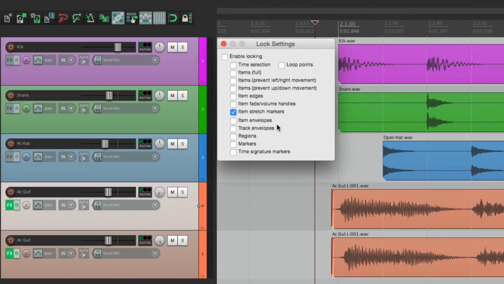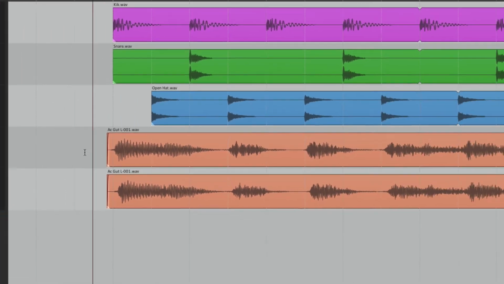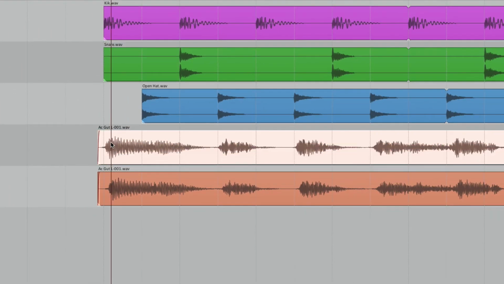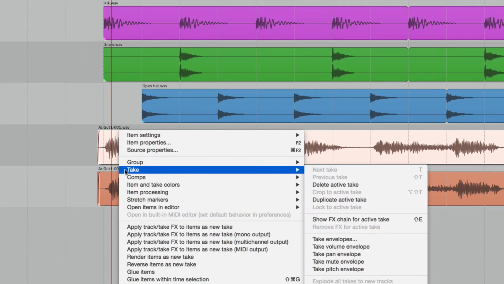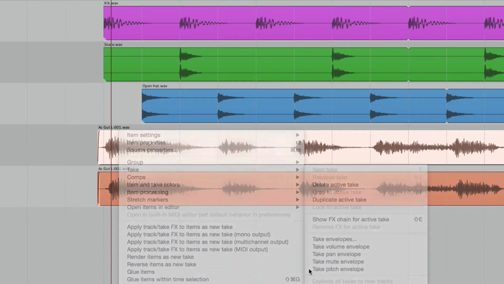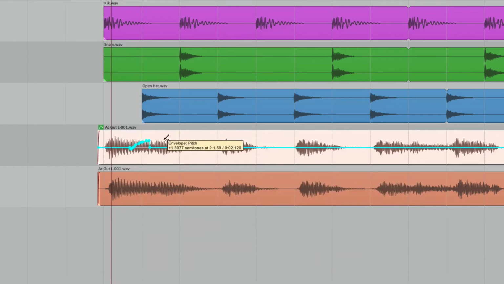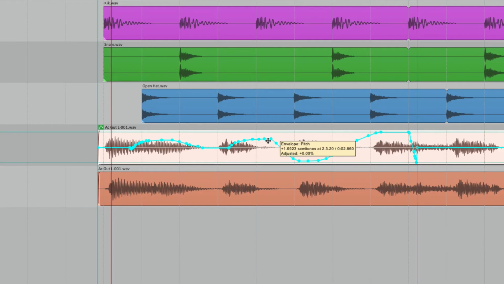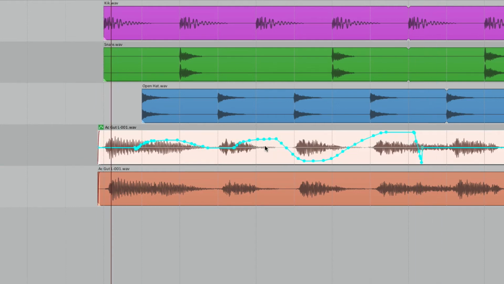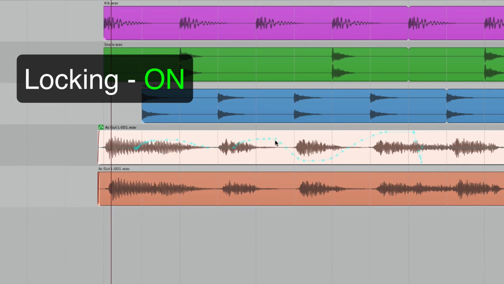The next options are for item envelopes and track envelopes, which again I haven't shown you yet, but I'll show you quickly right now. We can create an item envelope by right-clicking in an item, going to Take, and we have Take envelopes right here. Let's create one for pitch, and now we can draw a pitch envelope right in our item. And we can adjust it just by dragging it around. But if locking is turned on, we can't do that. It won't allow us to edit our take envelopes or the item envelopes,